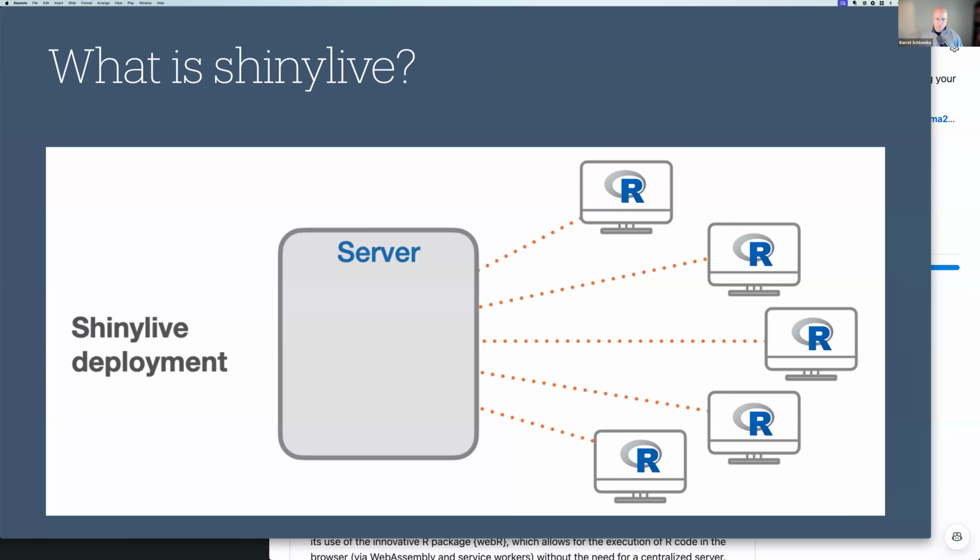So the user has both the server, the backend, and the front end on their machine. Disadvantages, they're not communicating with each other. There's no centralized server, but advantages, it scales really well. You can have as many users as you want because they just download the whole thing. And now there's no centralized server, and this can be done through a static hosting website like GitHub Pages.